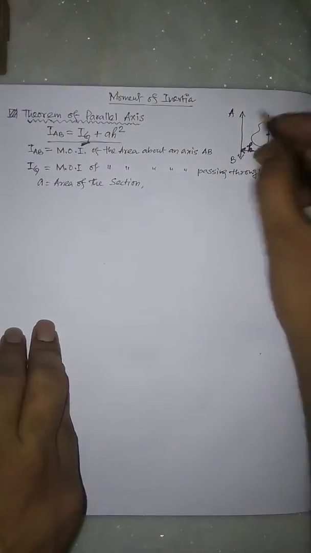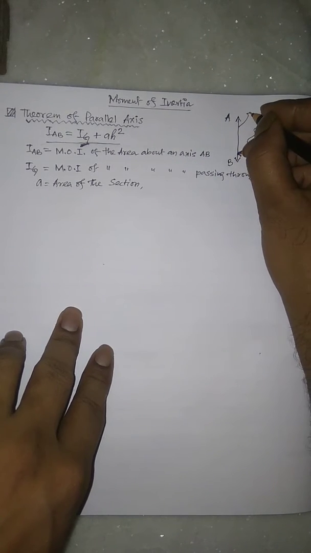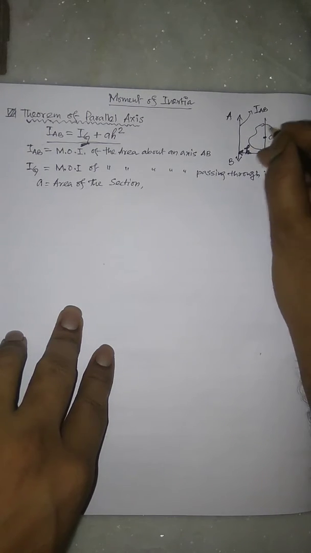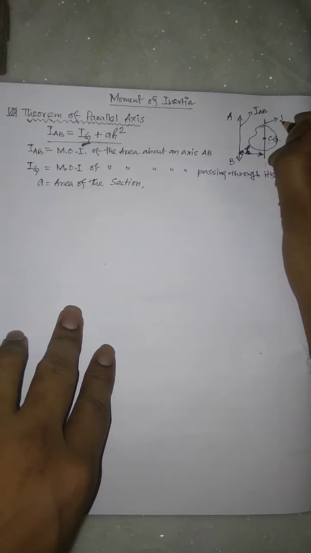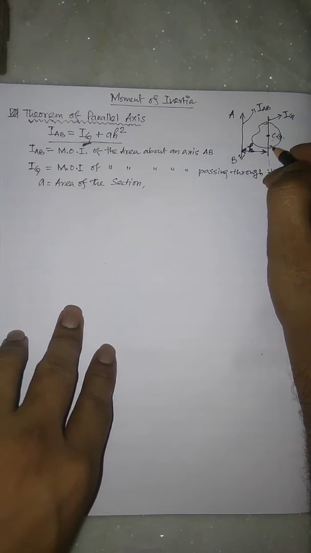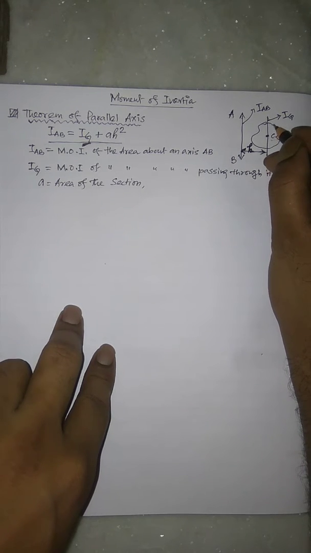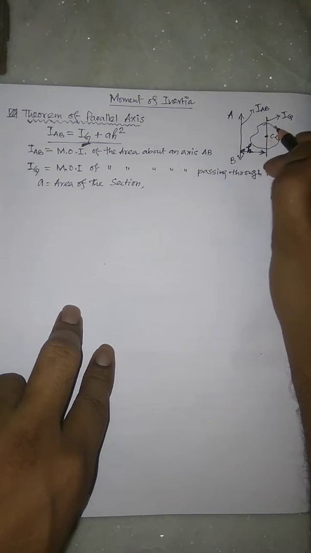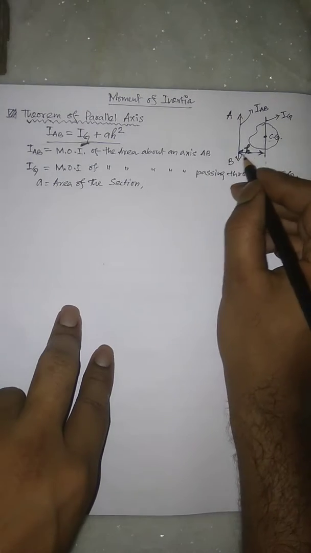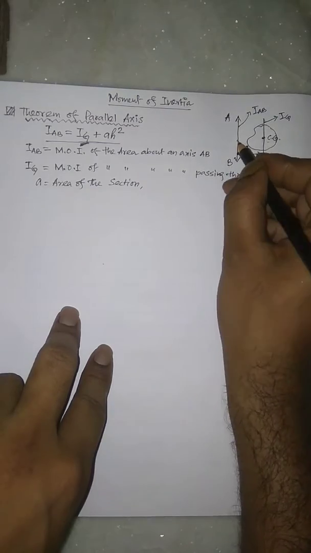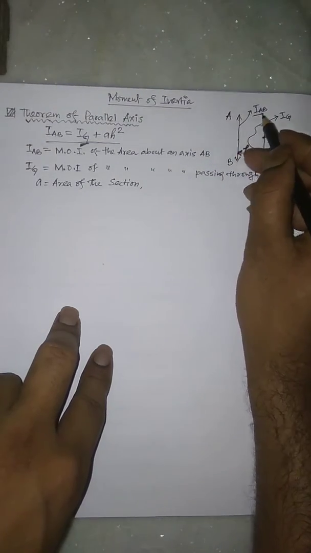That means IAB is the moment of inertia with respect to this axis, and the moment of inertia about this axis is IG. This axis is passing through the CG of the plane area, and this AB axis is parallel to it, at a distance h. Then the moment of inertia with respect to this axis, denoted by IAB, is